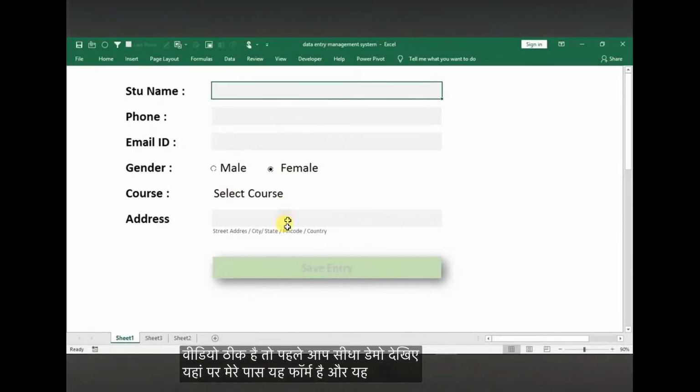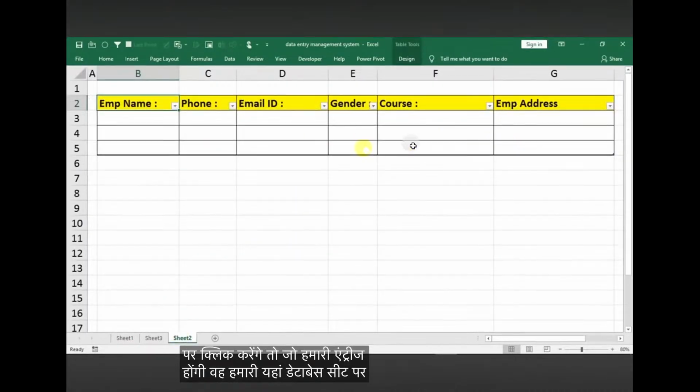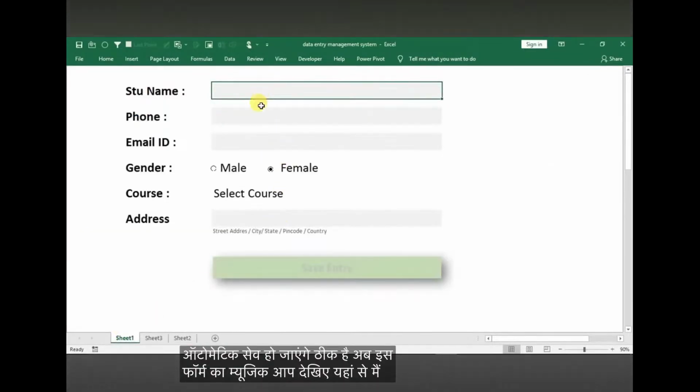यहाँ पे मेरे पास ये फॉर्म है और ये बिल्कुल ऑनलाइन फॉर्म्स की तरह काम करेगा। अभी इसका मैजिक आप देखना। यहाँ पे जो एंट्री हम करेंगे, जैसे सेव एंट्री बटन पे हम क्लिक करेंगे तो हमारी एंट्रीज यहां डेटाबेस सीट पे जाके ऑटोमेटिक सेव हो जाएंगी। अब इस फॉर्म का मैजिक आप देखिए, यहां से मैं एंट्री करनी शुरू करूंगा। अभी मैंने यहां पे कुछ एंट्रीज ली हैं। आप इस फॉर्म को अपनी जरूरत के हिसाब से कस्टमाइज कर सकते हो और भी एंट्रीज यहां पे ऐड कर सकते हो।